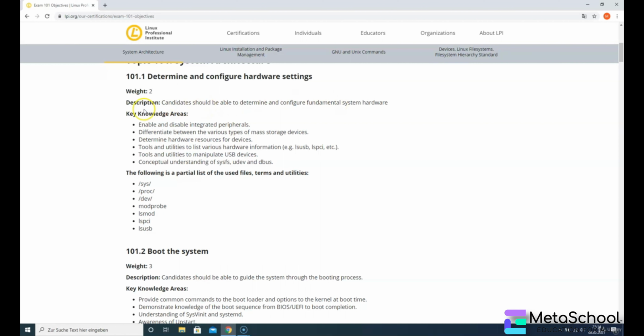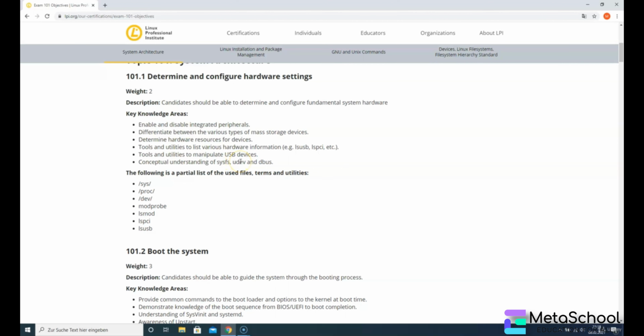Below we see the key knowledge areas with the topics that you have to master for the exam, namely enable and disable integrated peripherals, differentiate between the various types of mass storage devices, determine hardware resources for devices, tools and utilities to list various hardware information, for example lsusb, lspci, and so on, tools and utilities to manipulate USB devices,